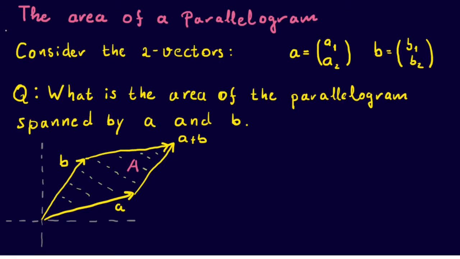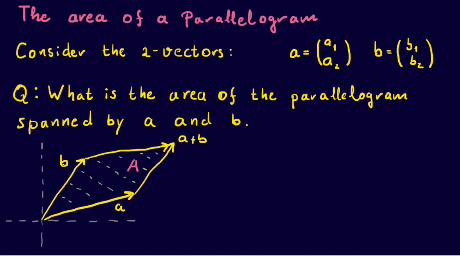Alright, in this video we're going to do a bit of geometry to determine the area of a parallelogram. Let's start by taking two vectors. So let's call them A, which has components A1 and A2, and B with components B1 and B2. And then our goal is to determine the area of the parallelogram, which is spanned by the vectors A and